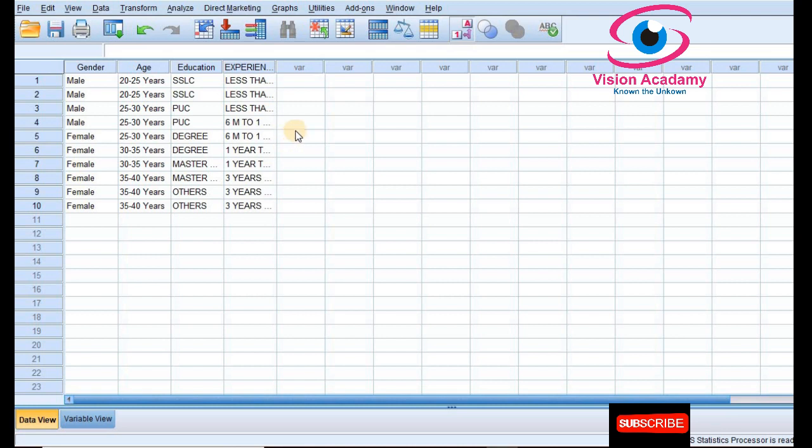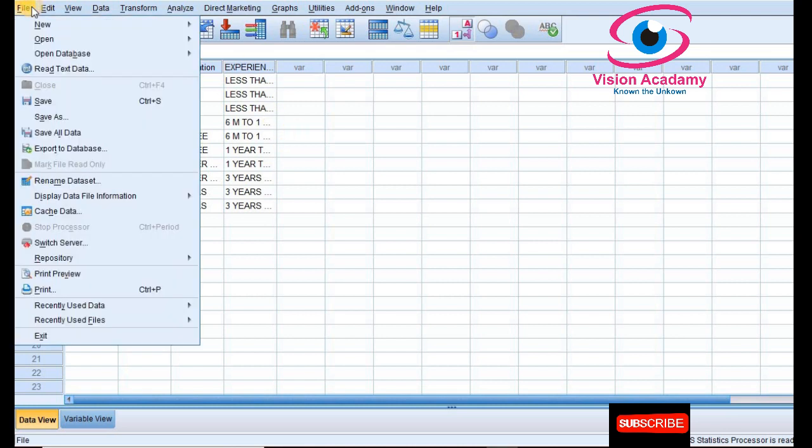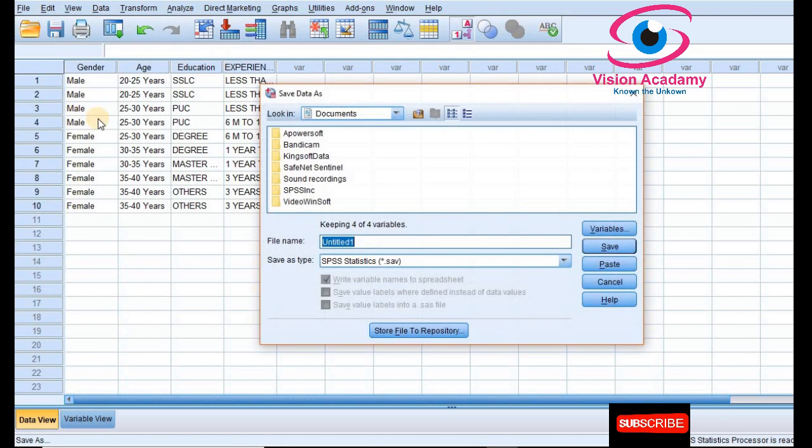After entering data, go to File to save data, or to create a data file, go to File, Save As, and select the location of the file. I have selected desktop. For a file you have to give a title. So I will give my research title such as TQM, total quality management.